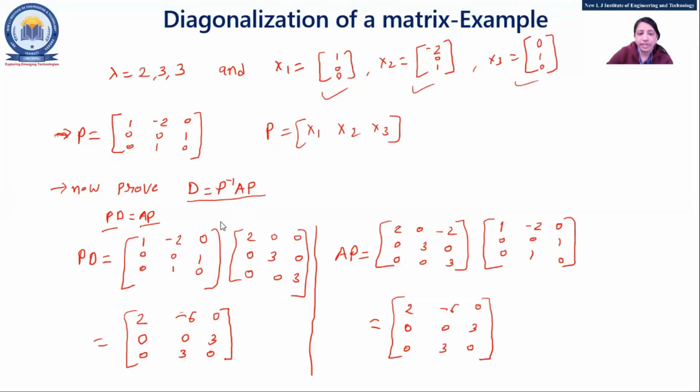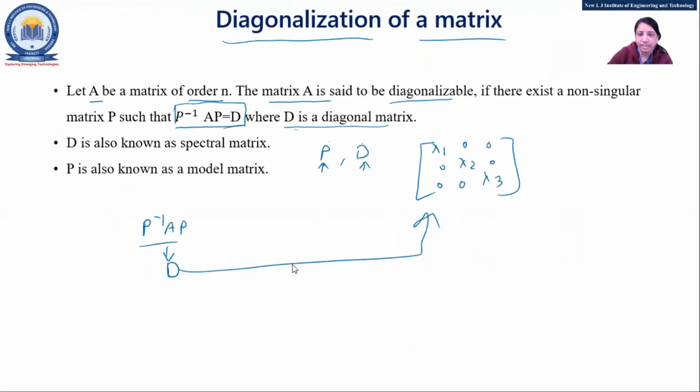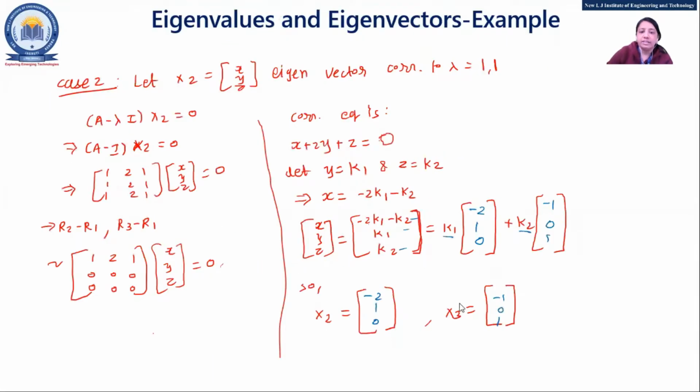In that case, two variables will be there. You have to assume those variables, for example K1 and K2, right? I'll show you that slide once again. Yeah, this one. See, you need to calculate in this way. For 1 1 we have solved. Now you have to solve for 3 3.